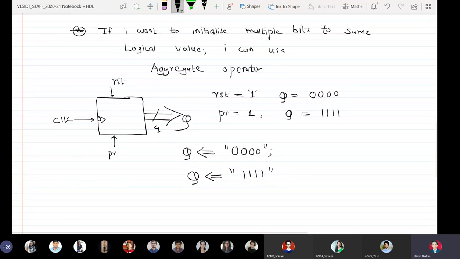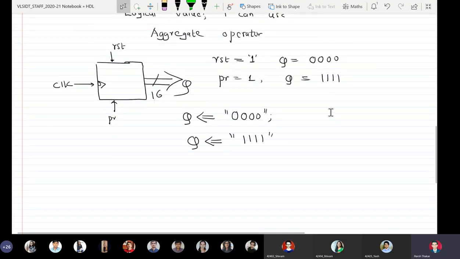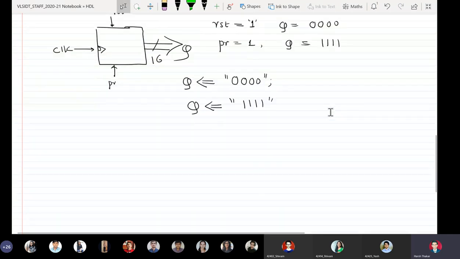But now, for example, if my counter is 16-bit counter, then you have to type 16 zeros or 16 ones simultaneously. So a very shortcut way of doing this thing is you write down Q is assigned others.